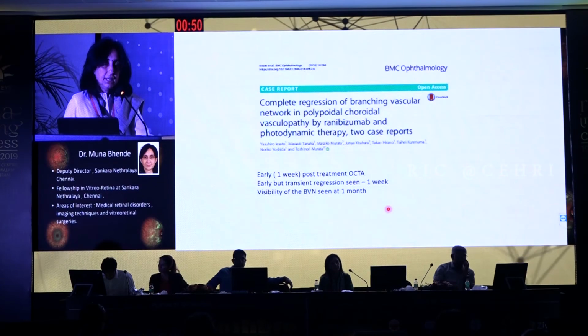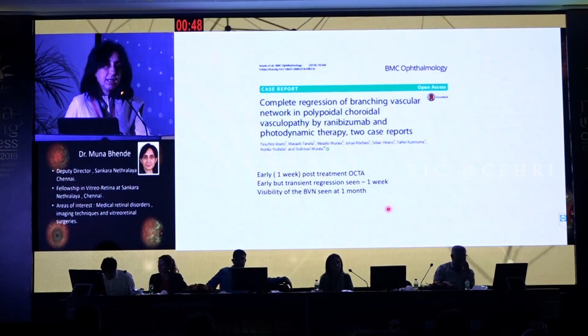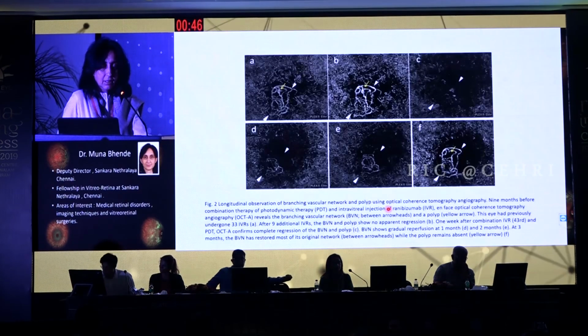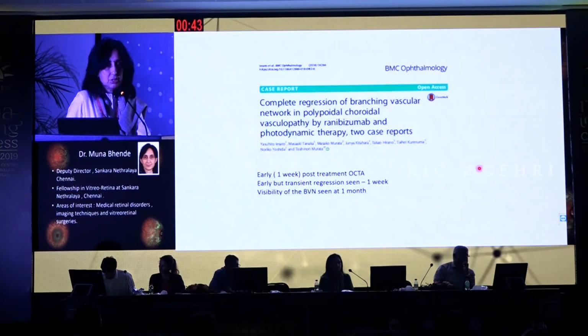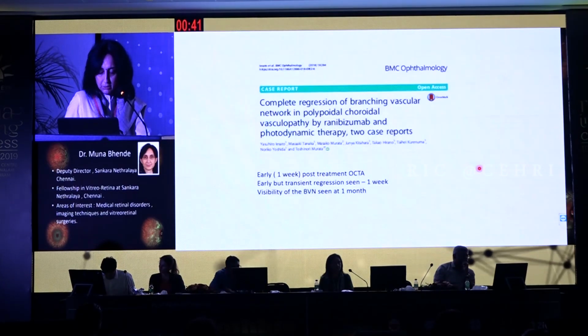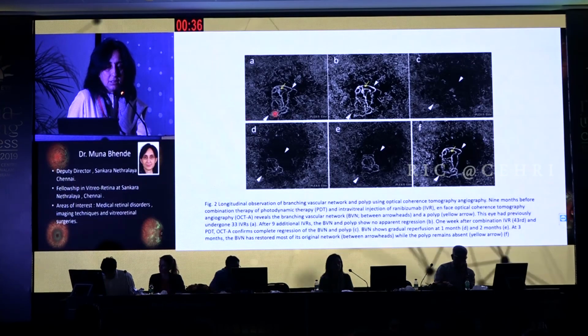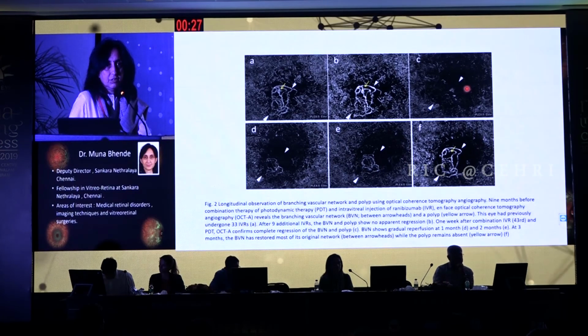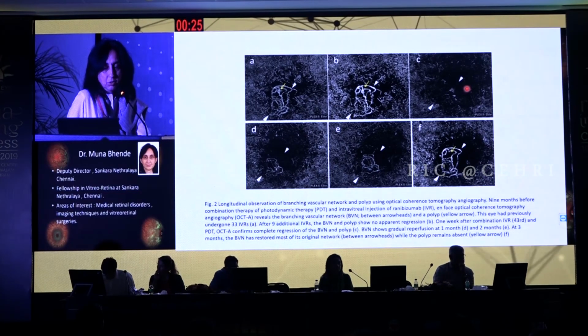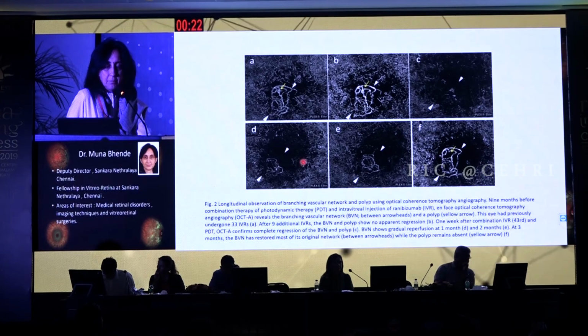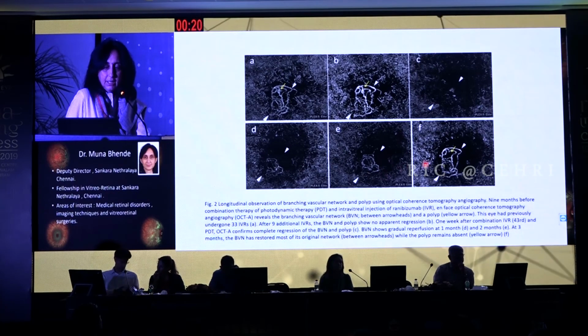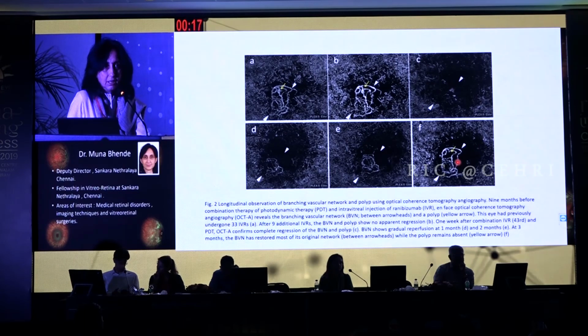Now, what can OCTA do? We've been discussing this so far. Can it show us something better? This is a study done on patients who appeared to be resistant to treatment, and OCTA is easy, you can do it frequently. So this was the patient after multiple sessions of treatment. This was the patient just before combination therapy. At 1 week, you see there is complete regression even of the vascular network, which is something we don't always see, and it starts reappearing again. And then finally, at the end of 2 months, the entire lesion comes back.